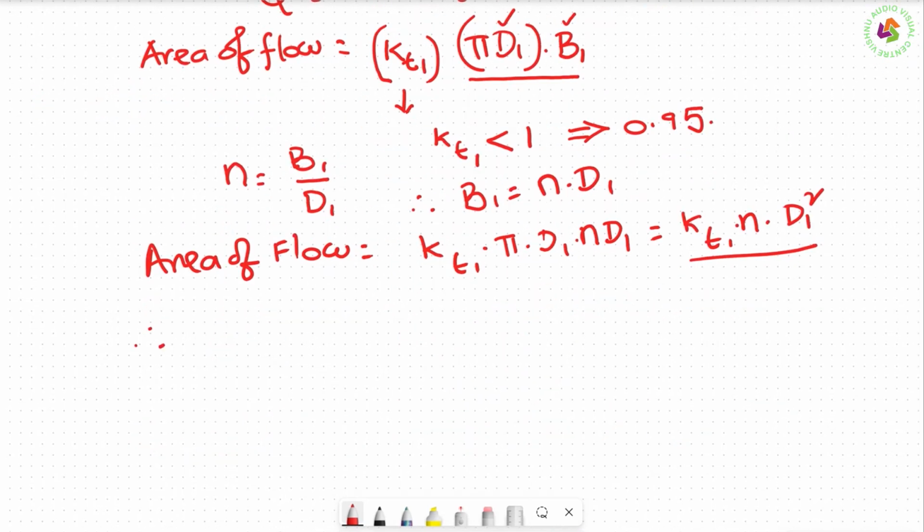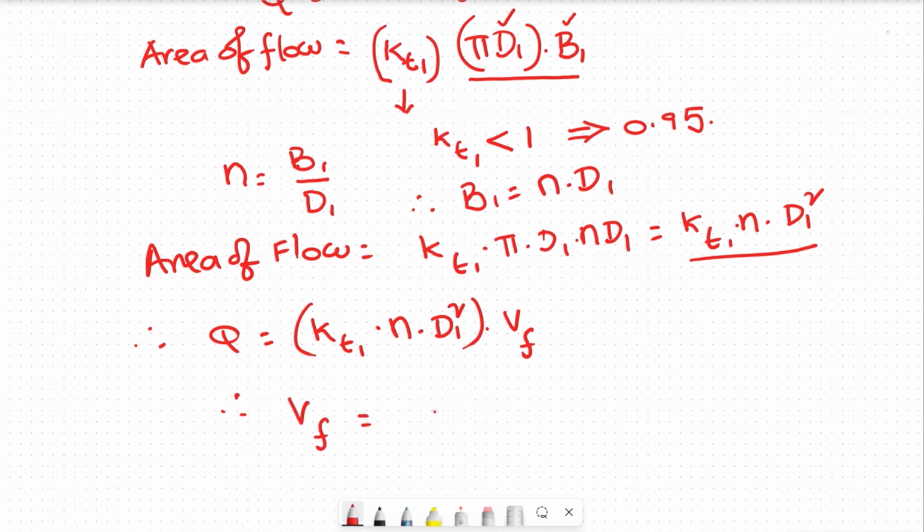So now we will get it. Q is equal to area of flow, KT1 into pi into n into d1 square, into velocity of flow. Therefore, velocity of flow is Q divided by KT1 into pi into n into d1 square. So this is the next thing. Now again the problem is Vf is unknown, D1 is also unknown. So next what I am going to do,